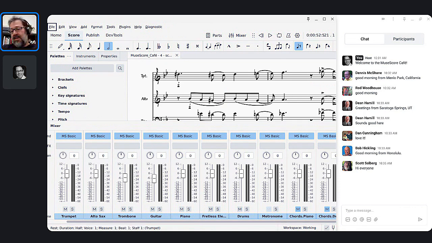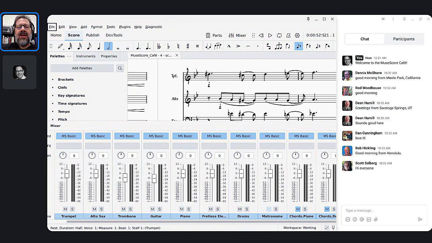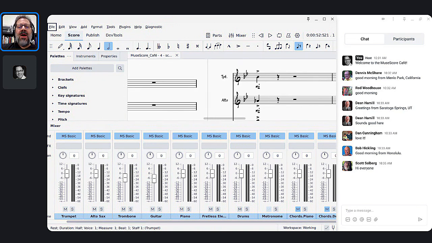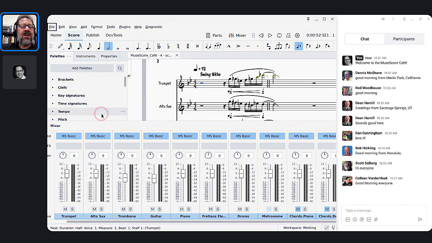We're not going to talk about how it used to work. I want to show you how it works now, because MuseScore does still use sound fonts by default. The reason is sound fonts are easy to work with and fast, and don't take up much disk space. They're fine for basic purposes. Everything that we're hearing here is using what's called the MS Basic sound font, which is essentially the same thing that in previous releases was called